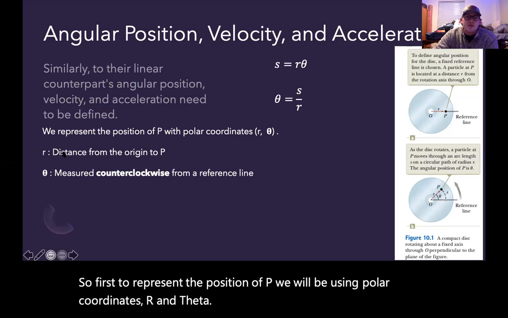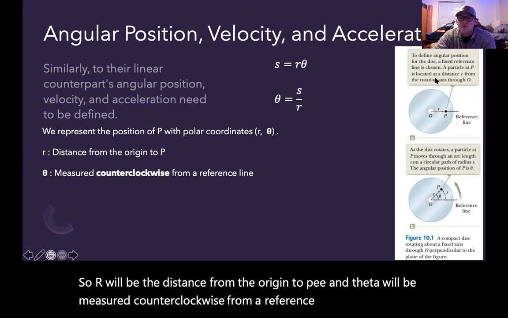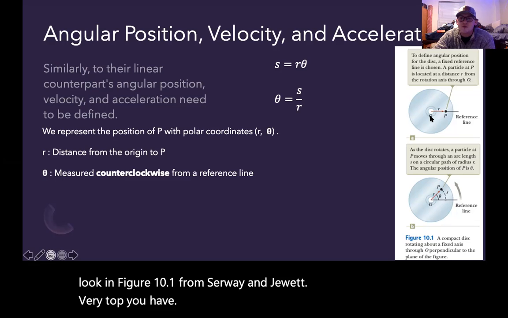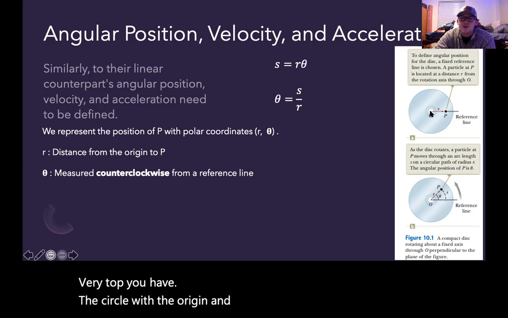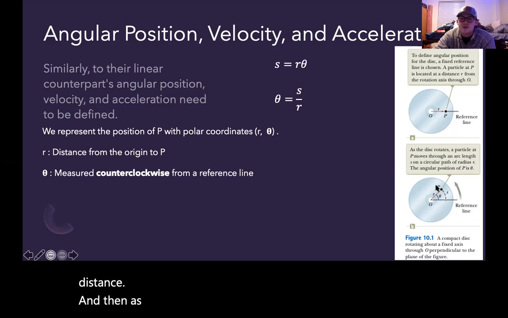So r will be the distance from the origin to P, and theta will be measured counterclockwise from a reference line. As we look at figure 10.1 from Serway and Jewett, at the very top you have the circle with the origin, and then your point P, so r is that distance. Then as it rotates, we measure counterclockwise, as you can see with this arrow,